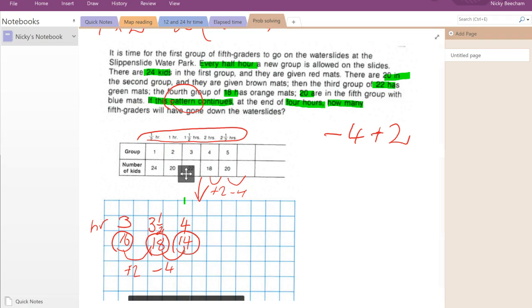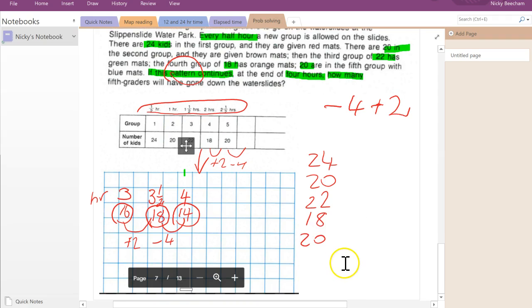Have we answered the question yet? No, we have not. What do we need to do to answer the question from here on in? Tom Purley. Right, don't forget the ones they've already done for you. So you're going to do 24, 20, I should say, 22, 18, 20, 16, 18, 14. I'm going to give you a couple of minutes to add those up and we're going to see how we go. Everyone say the answer out loud.